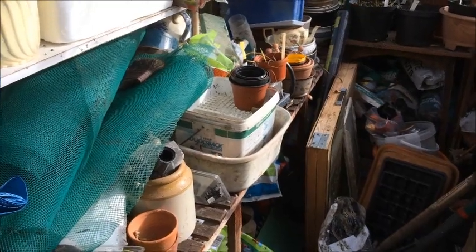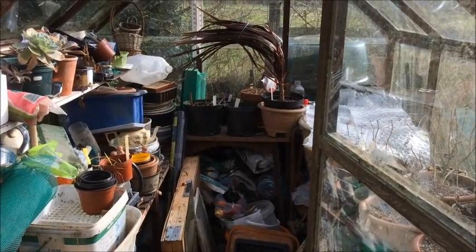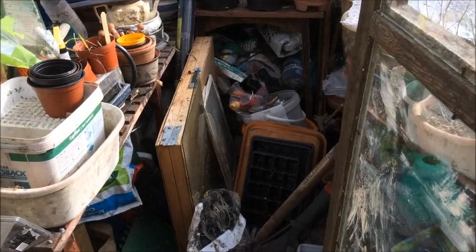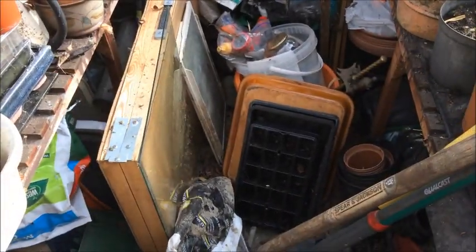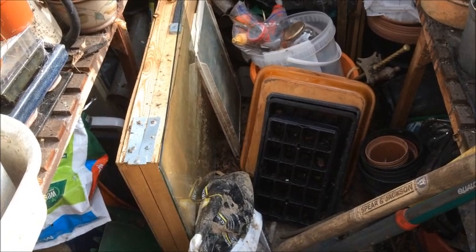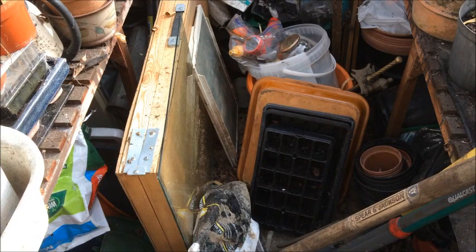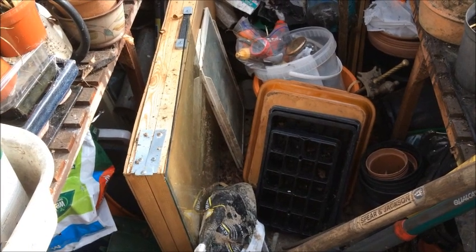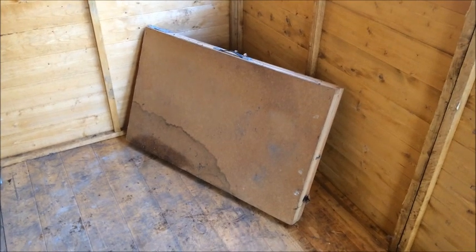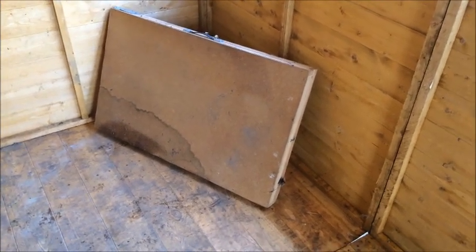Right, well, I've just arrived down in the greenhouse, to look at the scale of the job that I've got to do when I repair the greenhouse glass, but look what I've spotted. Aha! It's an old paint table. It's the one I was using when I was sorting all the plants last year after the oil leak. It's a pretty tatty table as paint tables go, but I think I can make a potting stand out of that. There it is, sad old thing, buckled and stained,